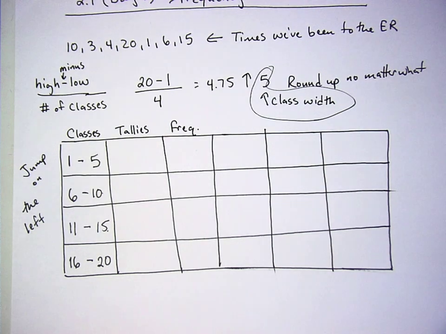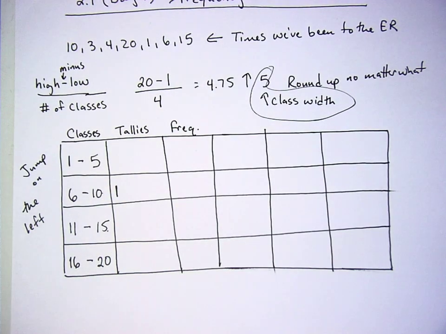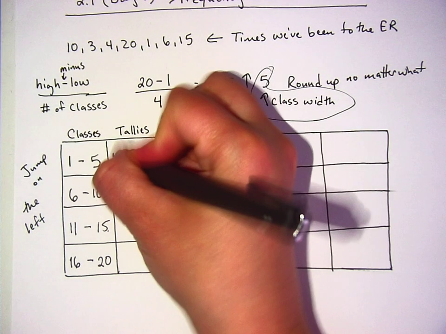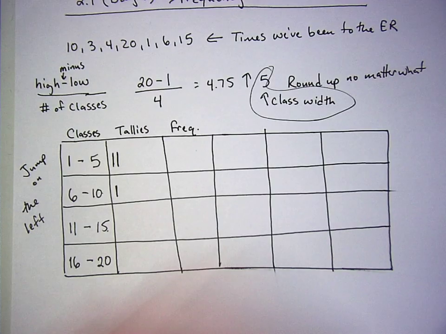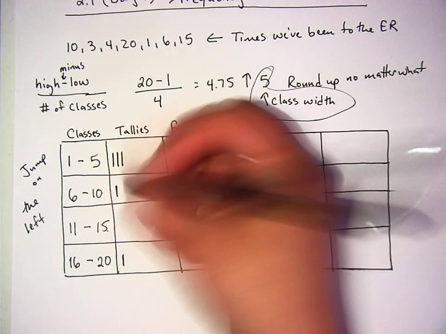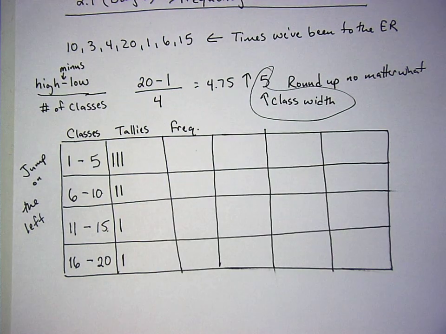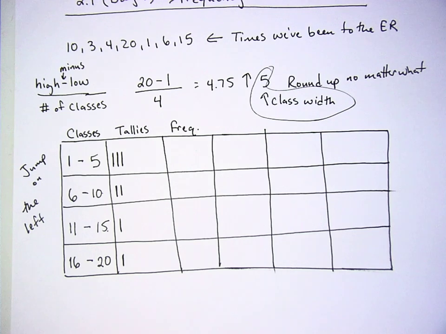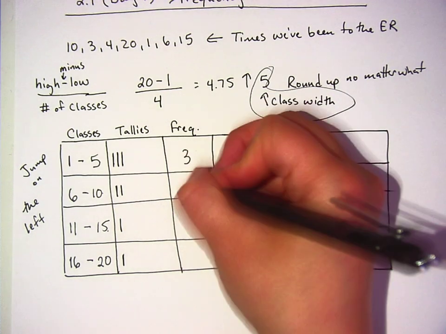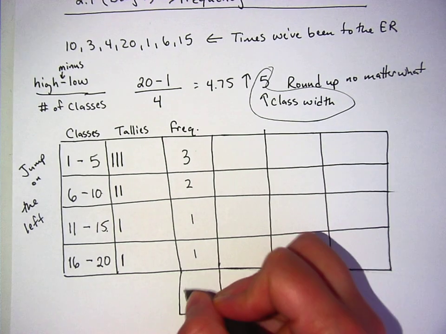Then we do tallies for where our data is. So like 10 is 1 tally. Then 3 and 4. 20. 1. 6. 15. And a frequency is just a total of what you got. So 3, 2, 1, 1. Down here,